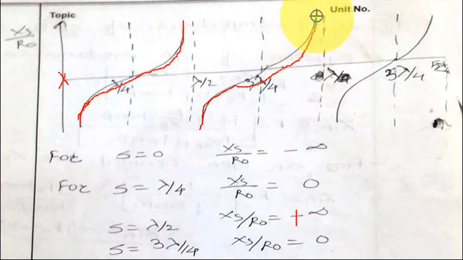The pattern is going to repeat itself at repeated intervals, and once again observe the difference. The pattern is repeating for every lambda by 2 distance. Lambda by 4, you just do 3 lambda by 4 minus lambda by 4, you will get lambda by 2. You take lambda by 2 minus 0, you will once again get lambda by 2. So in any way, if you calculate the phase shift, or the wavelength difference between them, it will be lambda by 2, and the pattern is going to repeat itself.